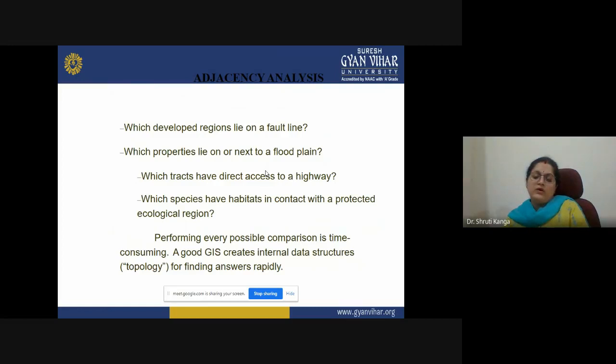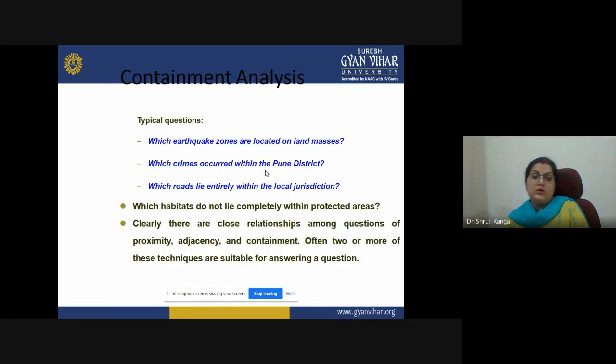With containment analysis, we can get answers to queries like which earthquake zones are located on land masses, what are the areas having crime occurrence within a particular district, which roads lie entirely within the local jurisdiction of the areas, and which habitats do not lie completely in the protected areas.